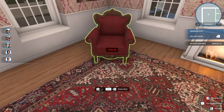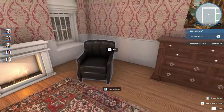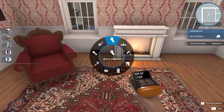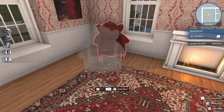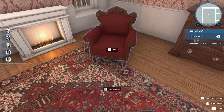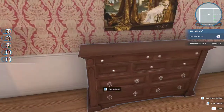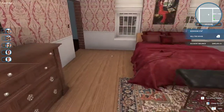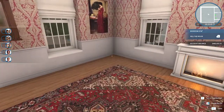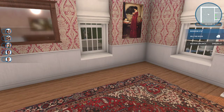I don't like the black leather. It's not working. I mean, I like it. It's just not working in here. This is just too elaborate, kind of, I guess is the word. Oh, no, I thought for sure it was gonna. Luckily, those two match extremely well. The problem is,